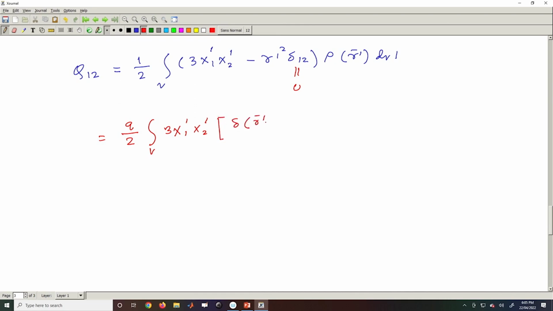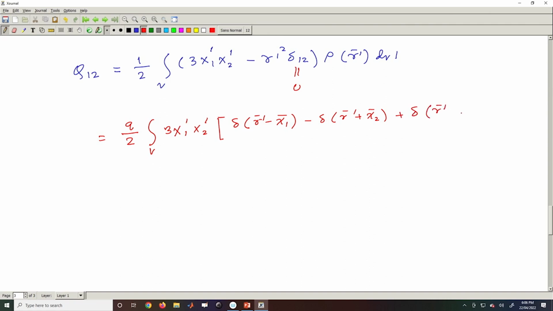Once you do one problem, the rest of the thing is just a repetition of the same thing. Plus delta, r' minus... no, let me follow the order otherwise. So here I should write minus of these things and it is plus, and we have plus delta